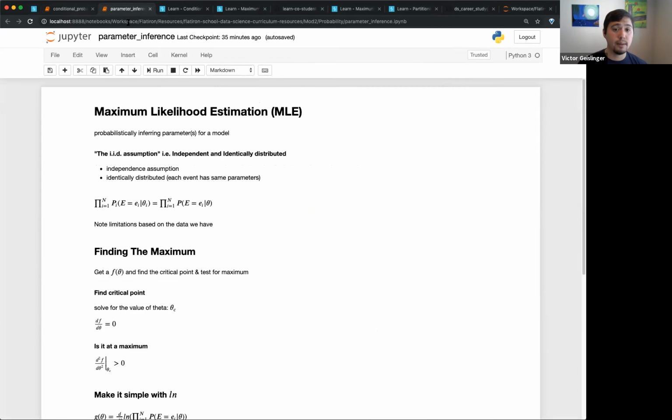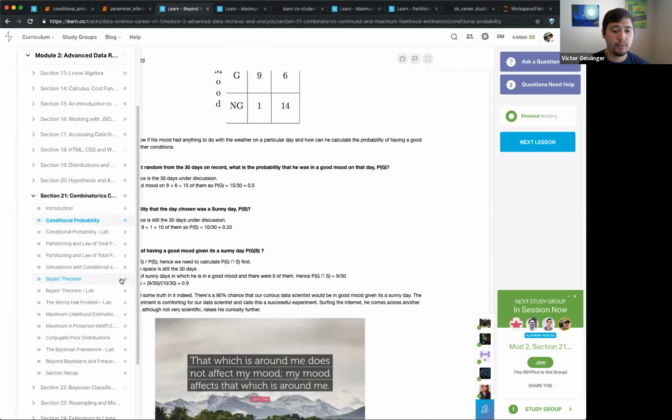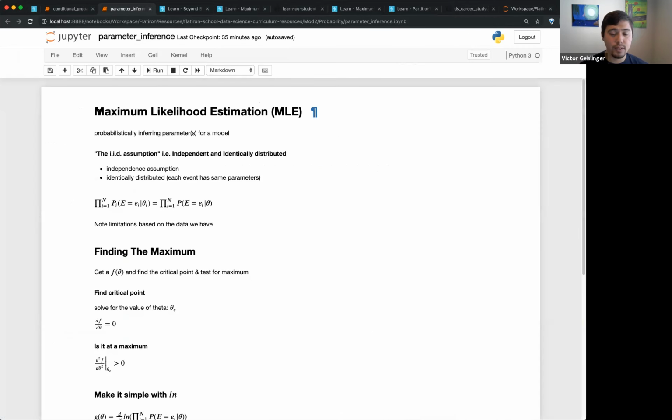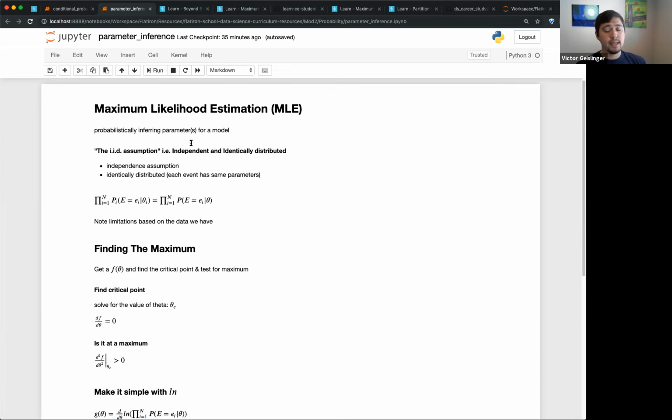But going back to parameter inference, this comes from the curriculum from right about here to here, which seems really short, but they're really important aspects. This is what I'm going to focus on for the rest of the time, because I think it's important to understand why we are doing this and how it's working. So the first one is maximum likelihood estimation, usually abbreviated MLE, just because that's a mouthful. Basically, it's a way to infer what the parameters are for a model.